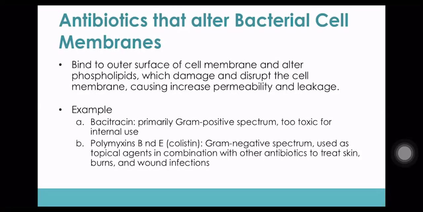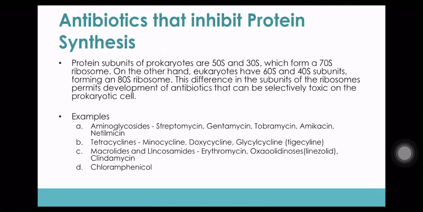Okay. And the next is antibiotics that inhibit protein synthesis. Protein subunits of prokaryotes are 50S and 30S, which form a 70S ribosome. On the other hand, eukaryotes have 60S and 40S subunits, forming an 80S ribosome. So this difference in subunits of ribosomes permits development of antibiotics that can be selectively toxic on prokaryotic cells, for example aminoglycosides, tetracycline, macrolides,